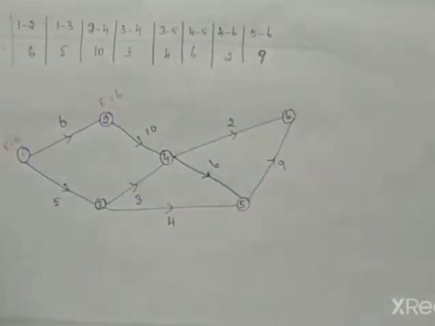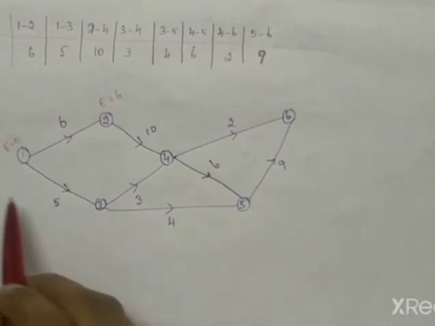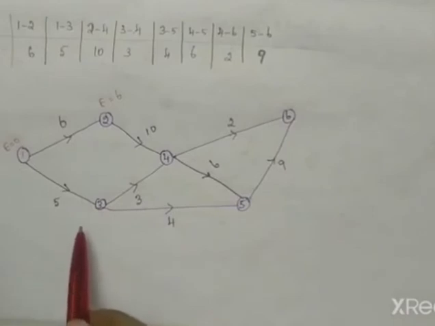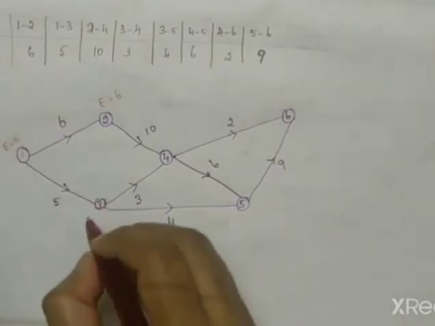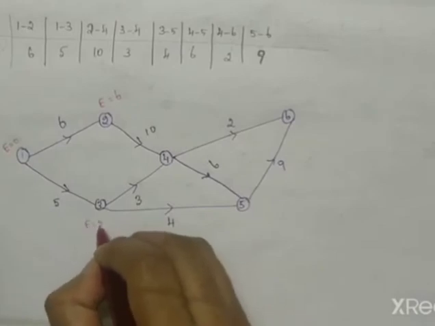Next we come to the third activity. We calculate it by the duration as well as the previous E value, the same procedure. First see how many incoming activities there are for 3. Only one incoming activity, so the E value is 0 plus 5. So the E value will be 5.